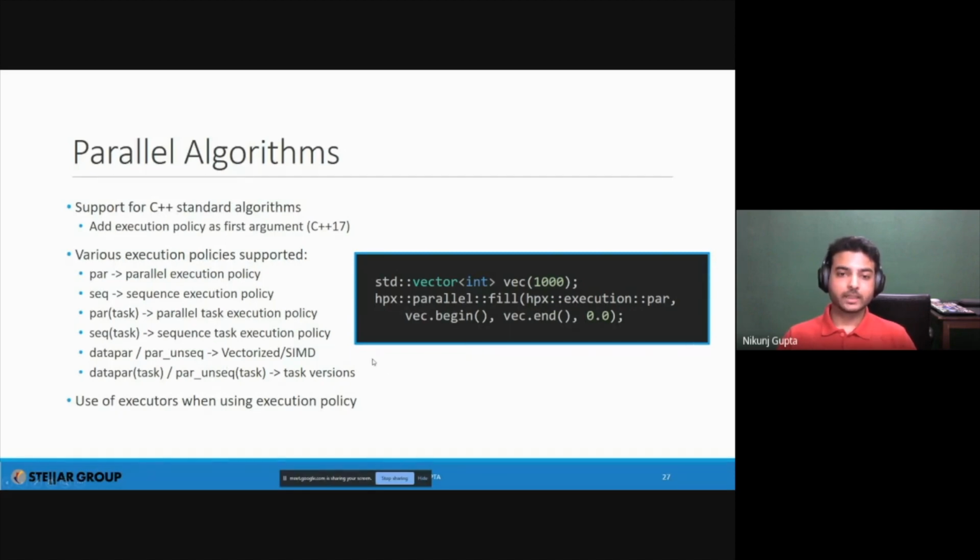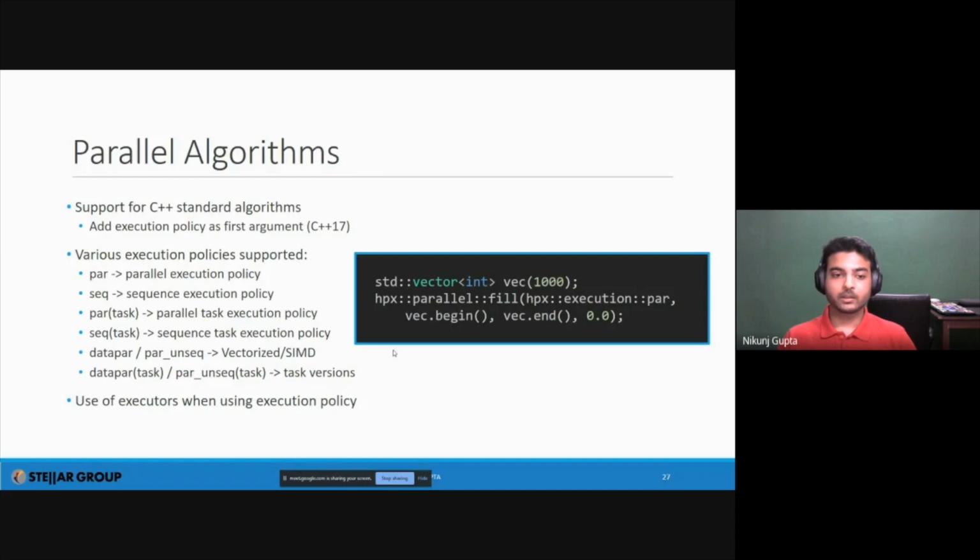The other ones that C++17 has are par unseq and unseq. These are again advanced. The easiest way to understand them is that, just like par is thread safe, these par unseq operations are vectorization safe. So you cannot use locks, you cannot use atomics, you cannot use anything that cannot be vectorized.